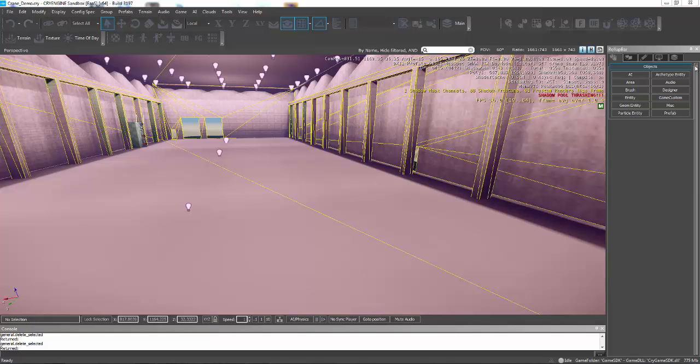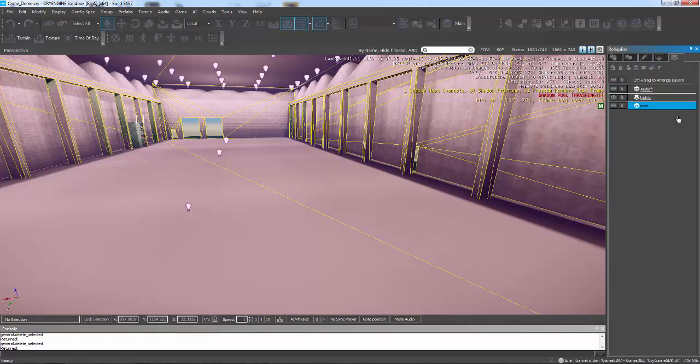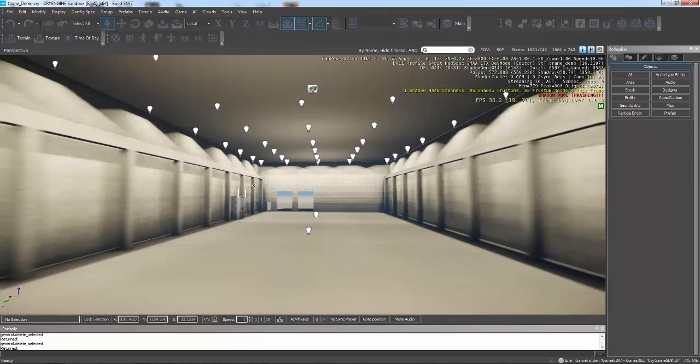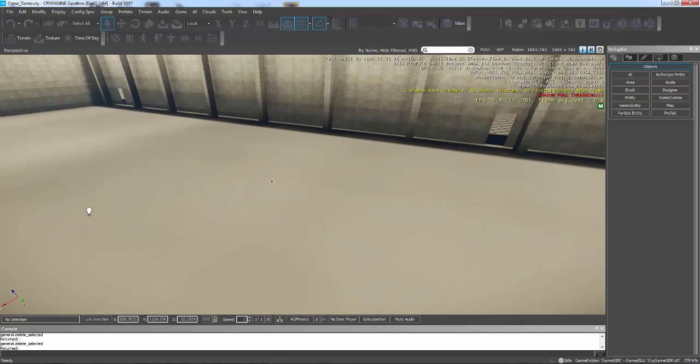So, first and foremost, after you get CryEngine open and you have your layers, you create a new layer and I'm going to call it audio. I'm not going to do it because I already have it. And I'm going to come back over here to my objects, and what I'm going to do is real simple, real basic. I'm going to click on area